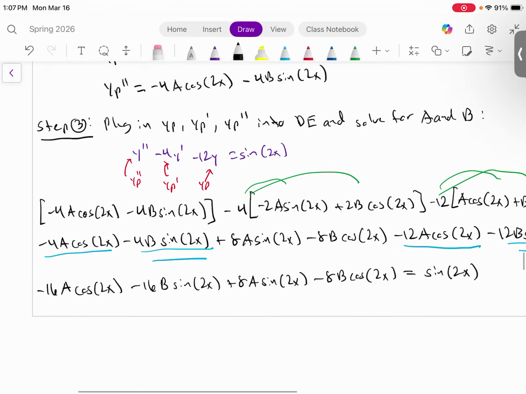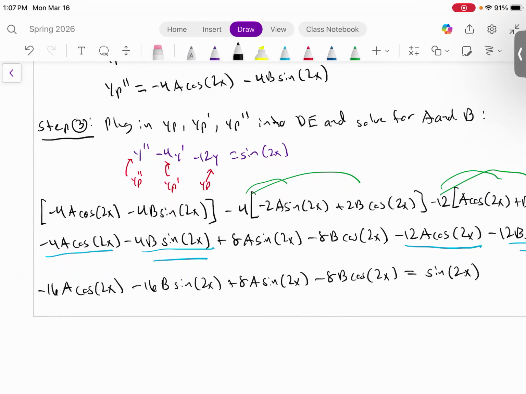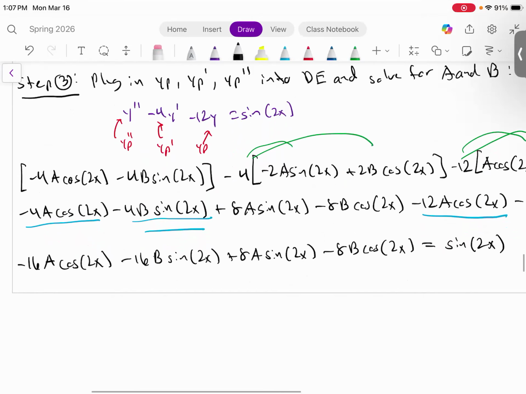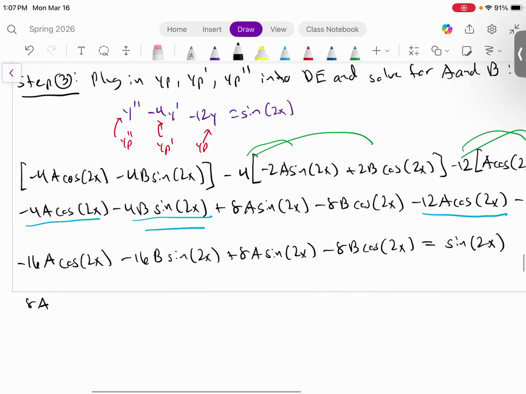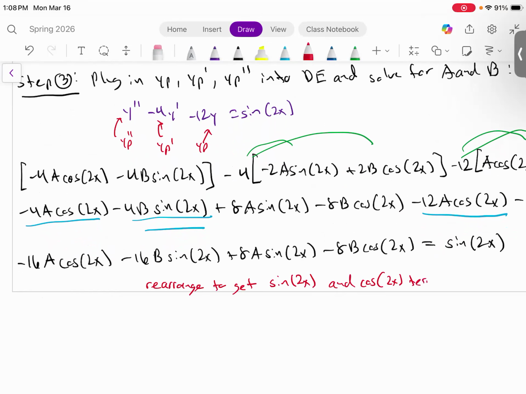So let's go ahead and rearrange a bit, to get sine 2x and cosine 2x terms together. Okay, so what this would look like is 8a sine of 2x minus 16b sine of 2x